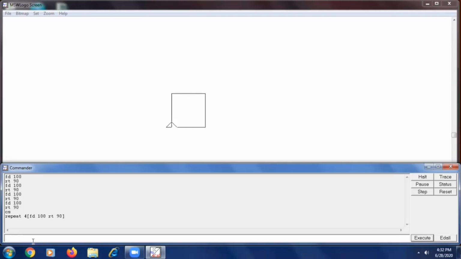Now we will learn how we can use pen up and pen down. This turtle is in home now. This center point of the screen is called home. Now I want to go up, but I don't need any line. So what I will do, I'll put my pen up.